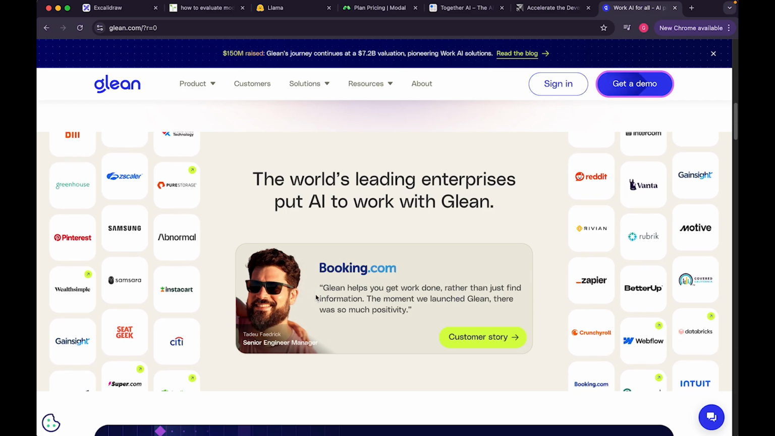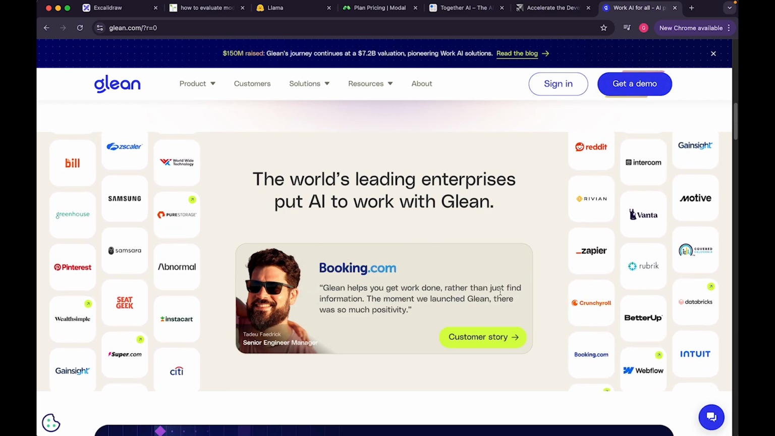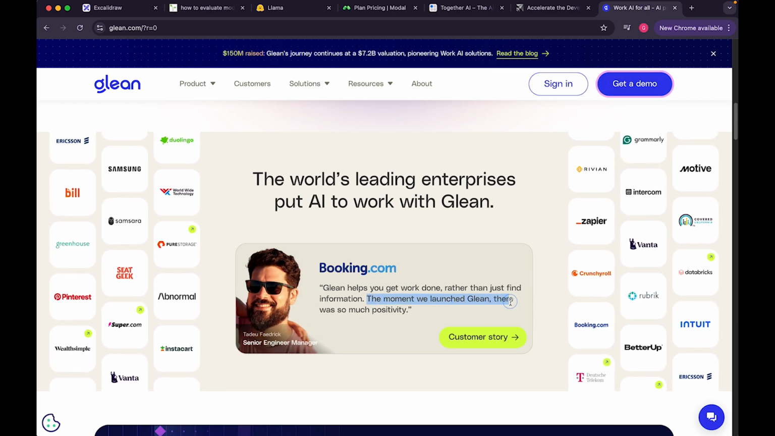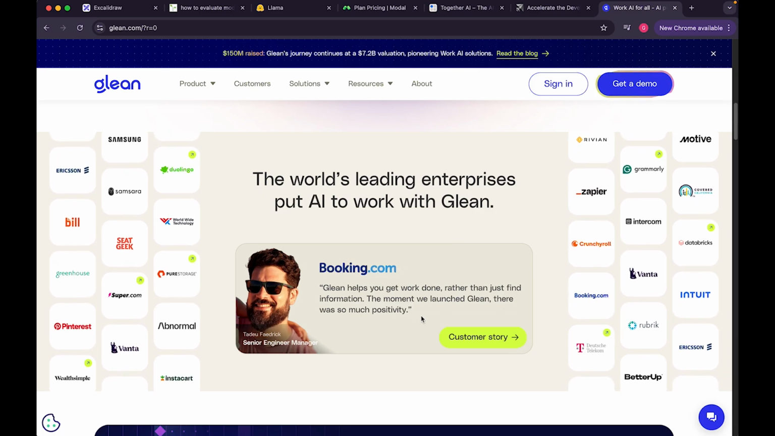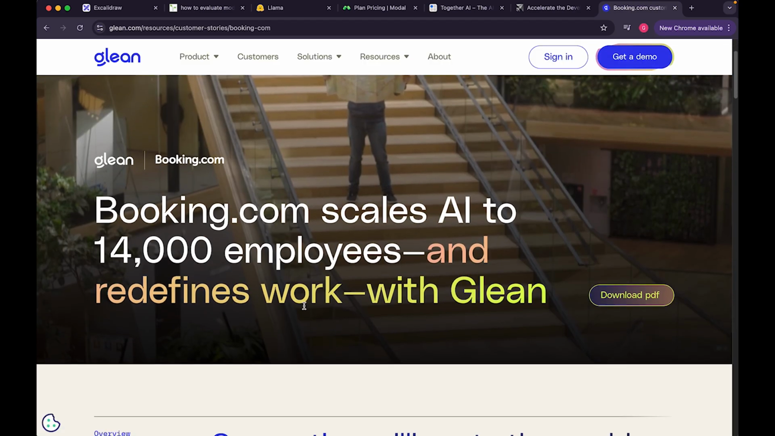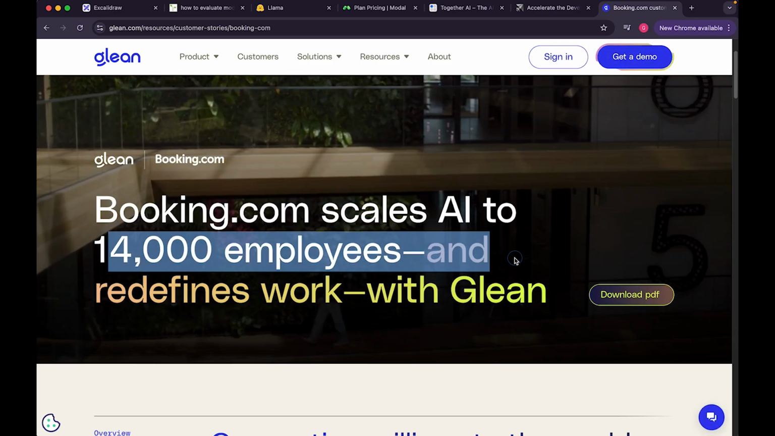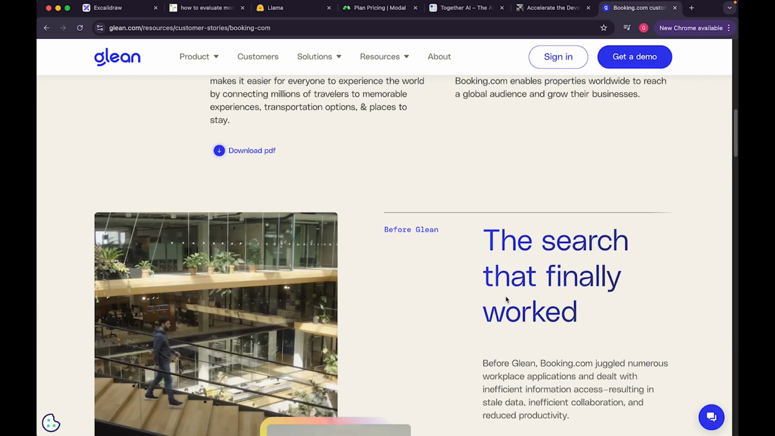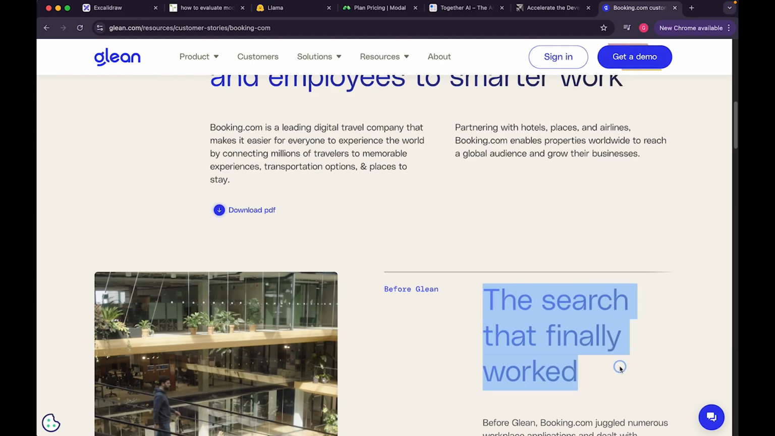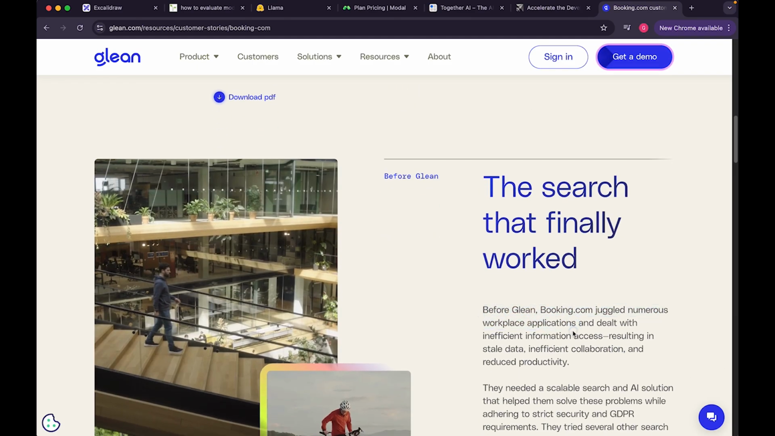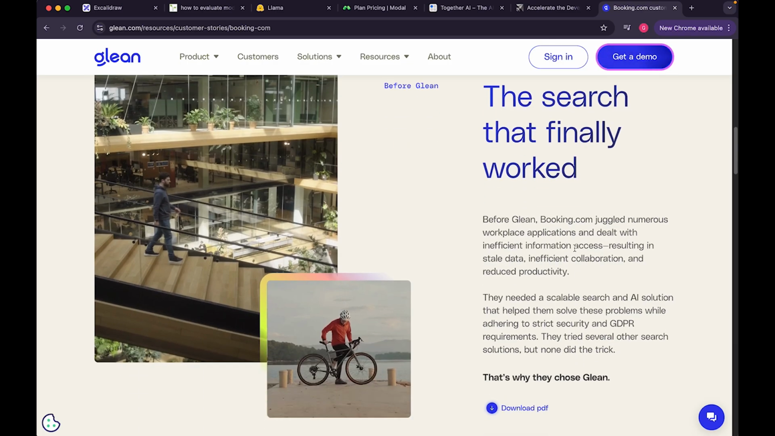Glean are using it. Glean helps you get work done rather than just find information. The moment we launched Glean, there was so much positivity. Let's go here. So Booking.com scales AI to 14,000 employees and redefines work with Glean. Okay, you can see the search that finally worked. You can see before Glean, Booking.com juggled numerous workplace applications and dealt with inefficient access, resulting in stale data, inefficient